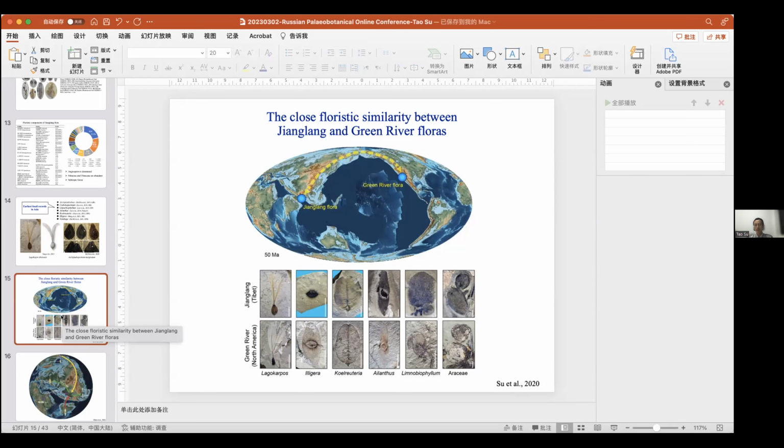But anyway, I think Alexei gave a very interesting question. I think it remains unresolved: why there is a high similarity between Jiangnan flora and the Green River flora, and even in Europe, we found it's also similar to the flora in Messel. I think Lutz knows more about that. Why in these different regions do we find